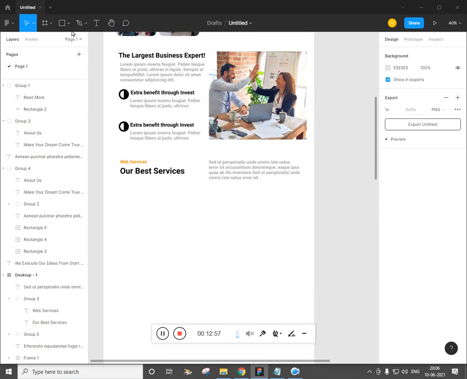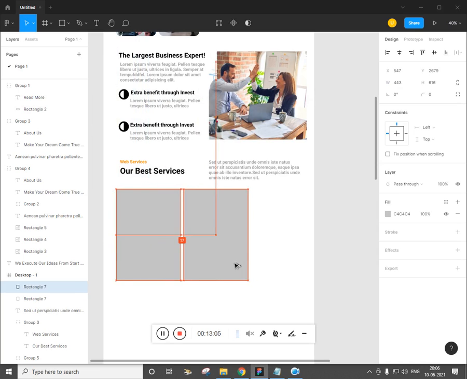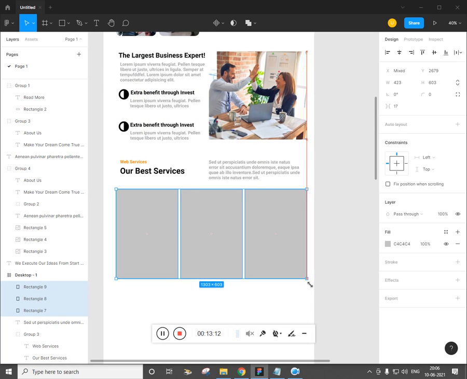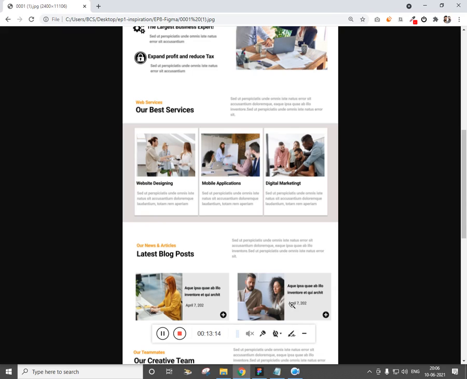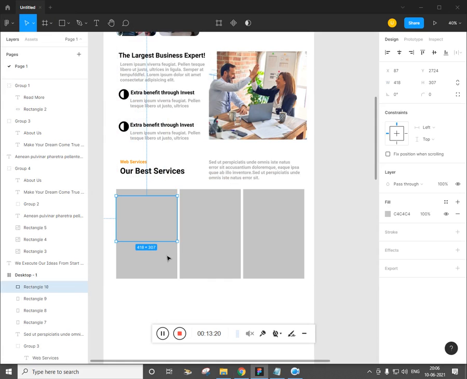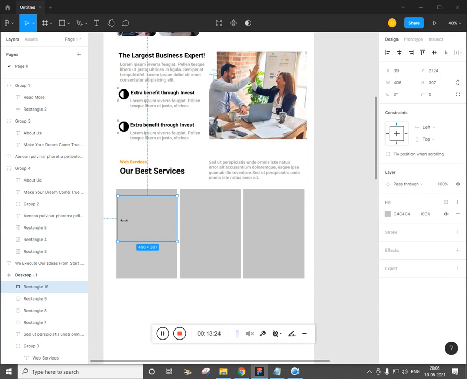So let's create a box first. Alt drag, select everything, make this smaller. Now create another rectangle just on top of this, and we need to make this a little smaller than the container.